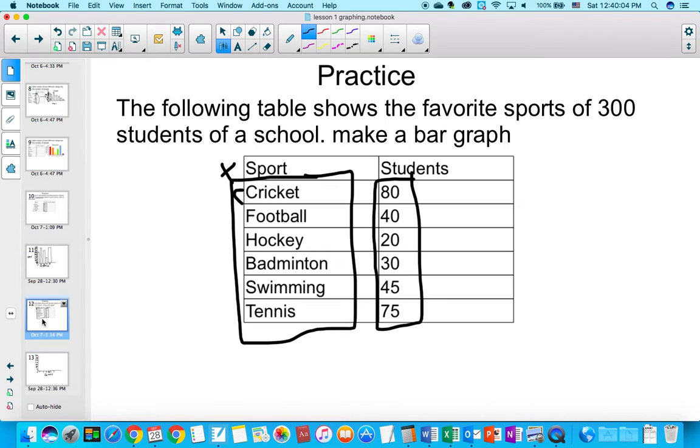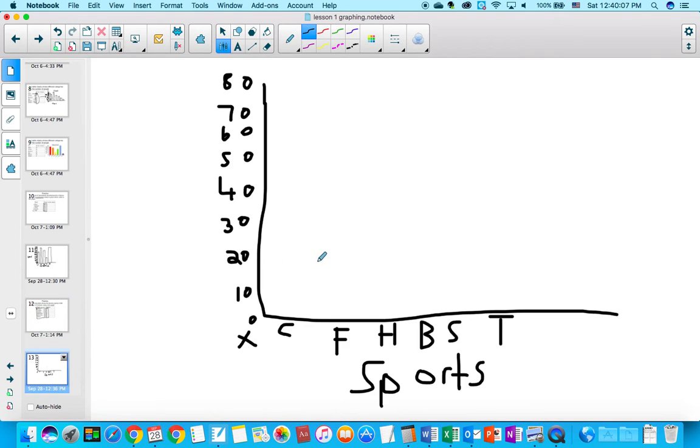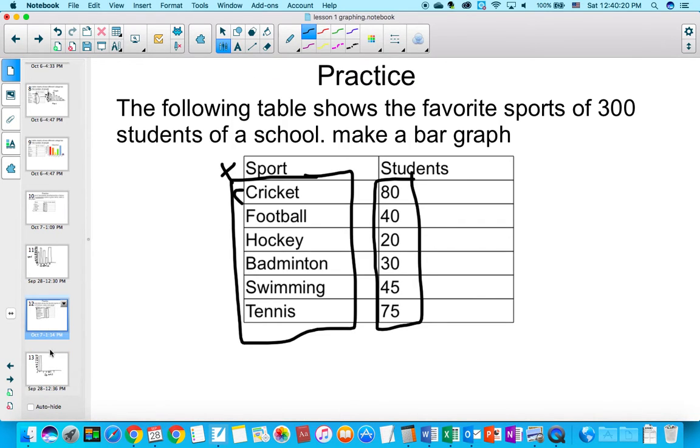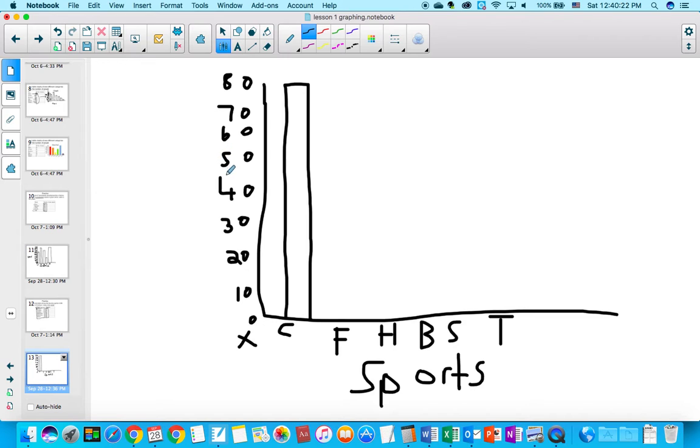So we have cricket. How many people like cricket? We have 80 students. So we go from 80 all the way down. Right? We draw, it was almost good. It was an almost good bar. And we have 80 there, right? And then we look at football. We have 40, right? So 40, we have football here. So we go here,